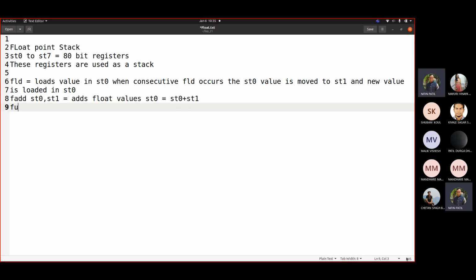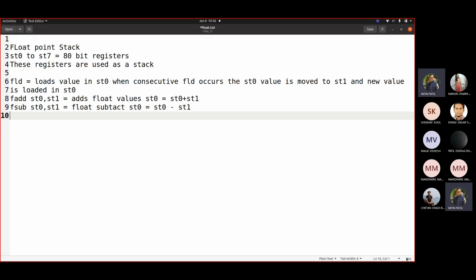Fine. So fsub ST0 comma ST1 subtracts. So float subtract. So the result is ST0 equal to ST0 minus ST1.